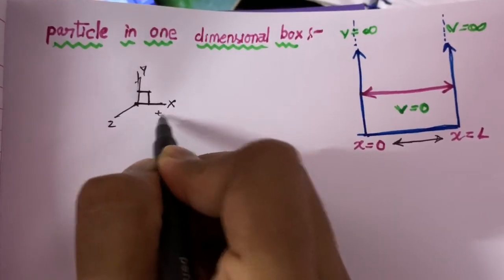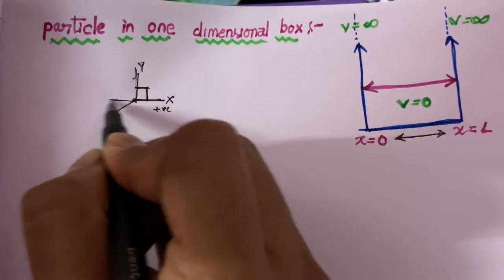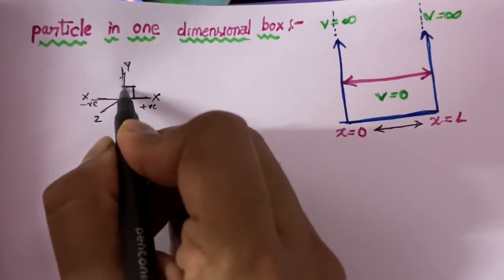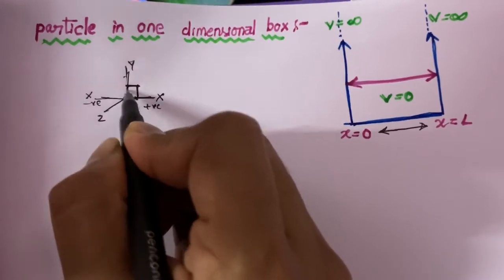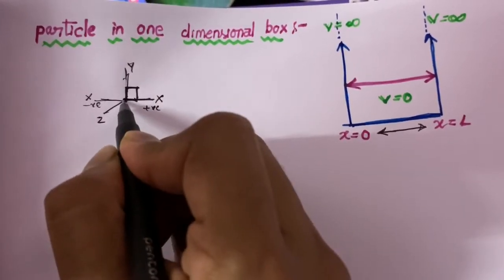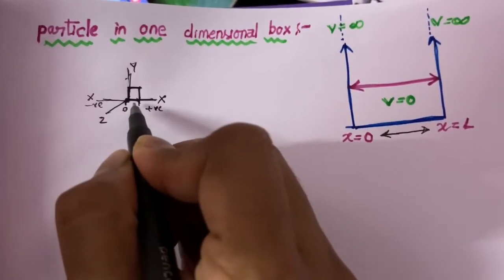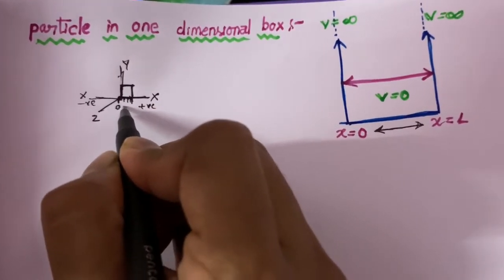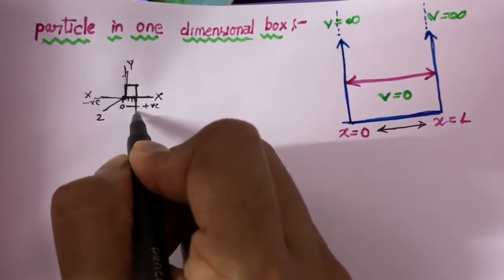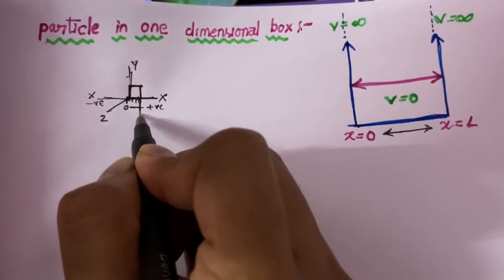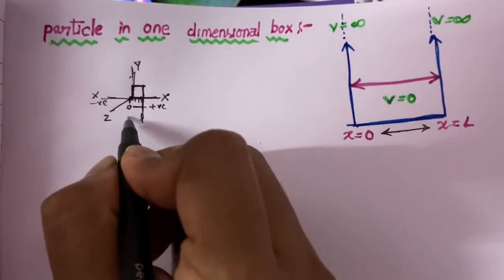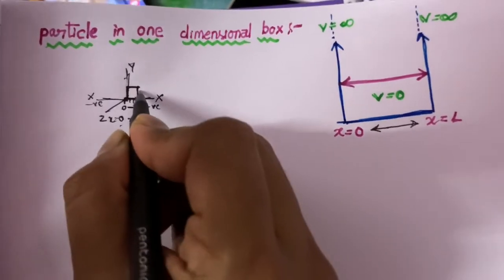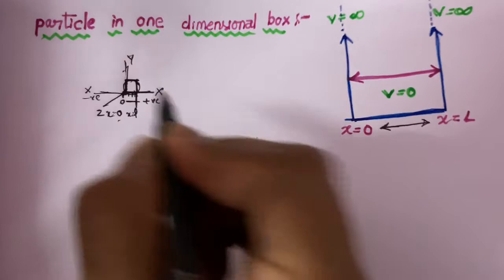This is the positive side and you can also draw this as the negative side of the x axis. So here I am going to construct a box along the x axis, and I am going to draw this box starting from 0, in whatever units, for suppose 1, 2, 3. This indicates the length of the box, so I am going to indicate it with L. So x equals 0 and x equals L. This is the box. Here I am going to draw only this box.